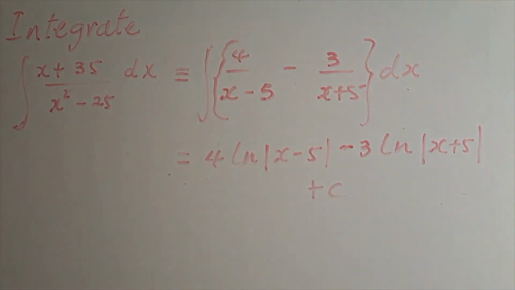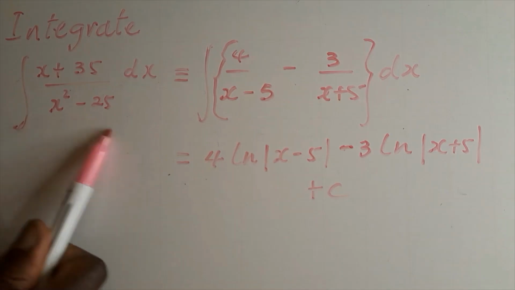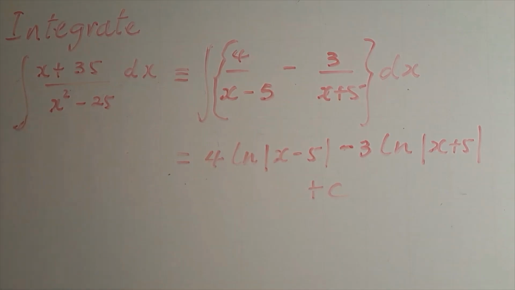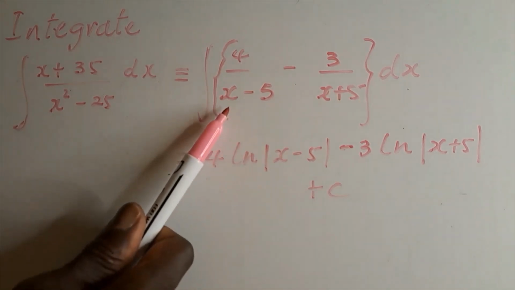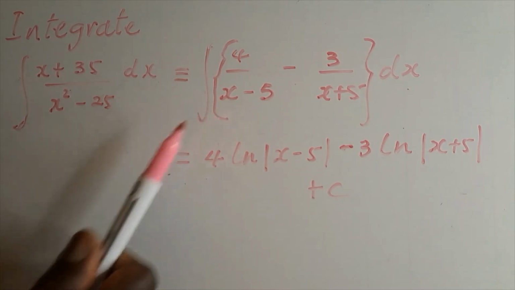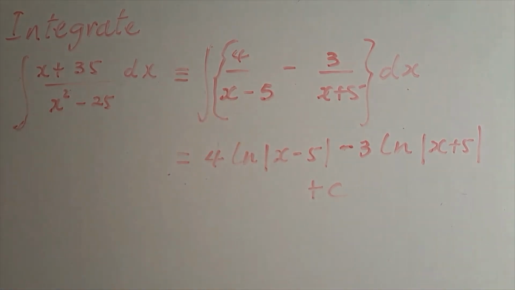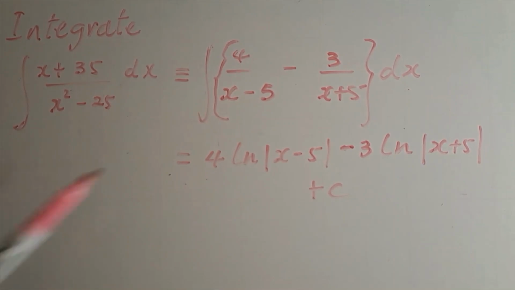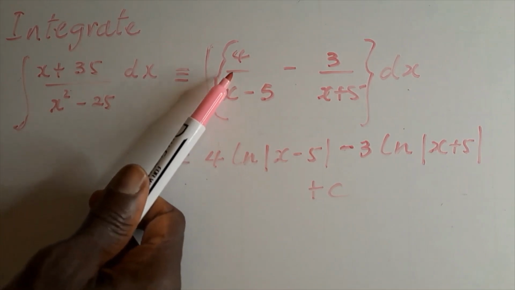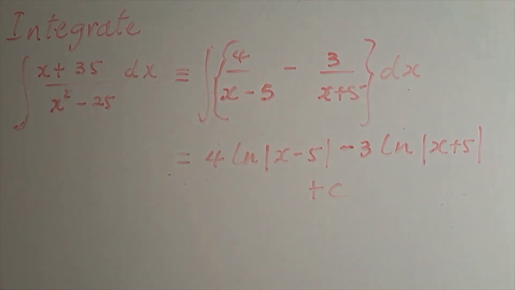So the key here is to see we have a difference of squares, and then we can break that down into x minus 5 times x add 5, and we apply the method of finding partial fractions with the constants A being 4 and B being negative 3, which allows us to integrate this and